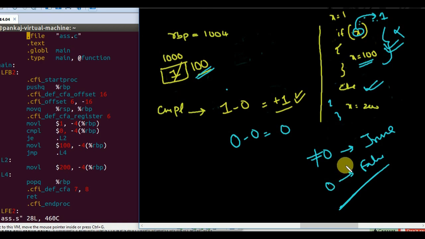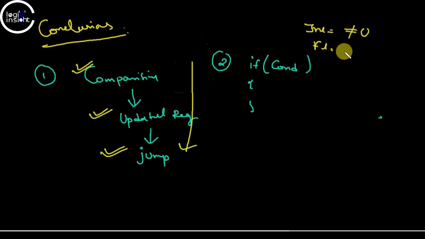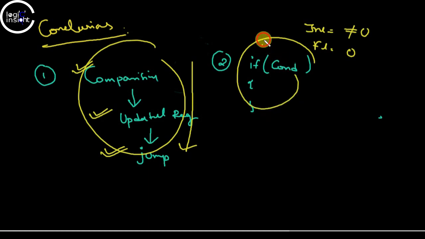So this is how an if condition works internally. Whenever you get an if condition, first it will compare. After the comparison, appropriate registers will be updated, and then appropriate action will be taken using the jump instructions. So this is how the flow works in the if condition. Now you know why a true value is considered a non-zero value and a false value is considered a zero value. If you understand this concept, it can be applied here.